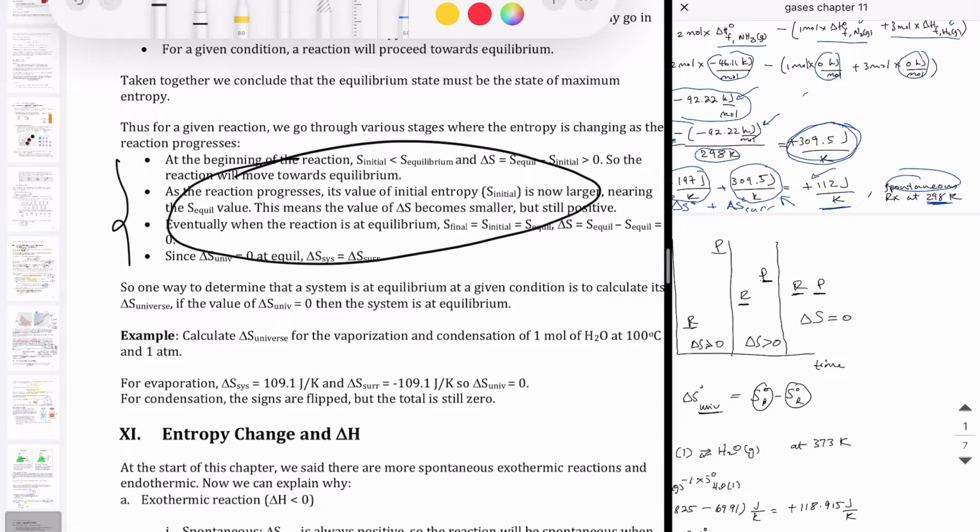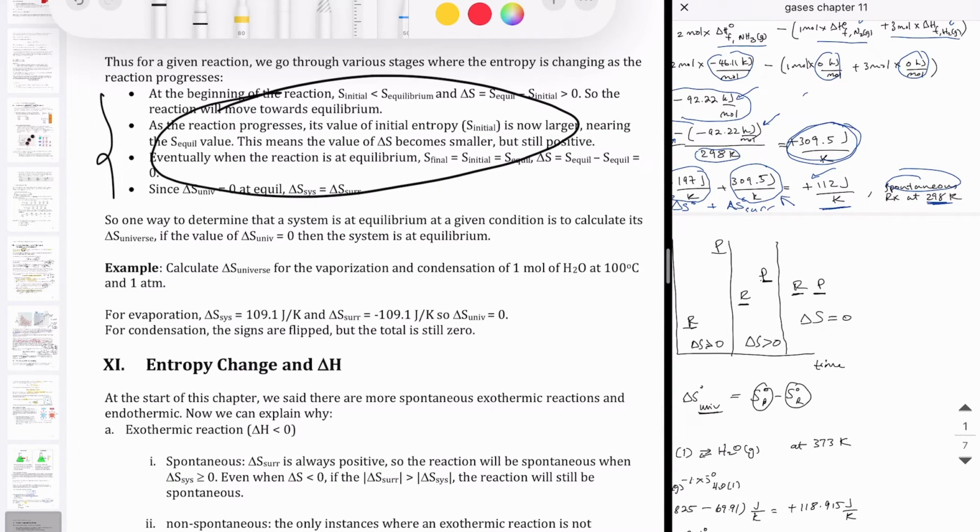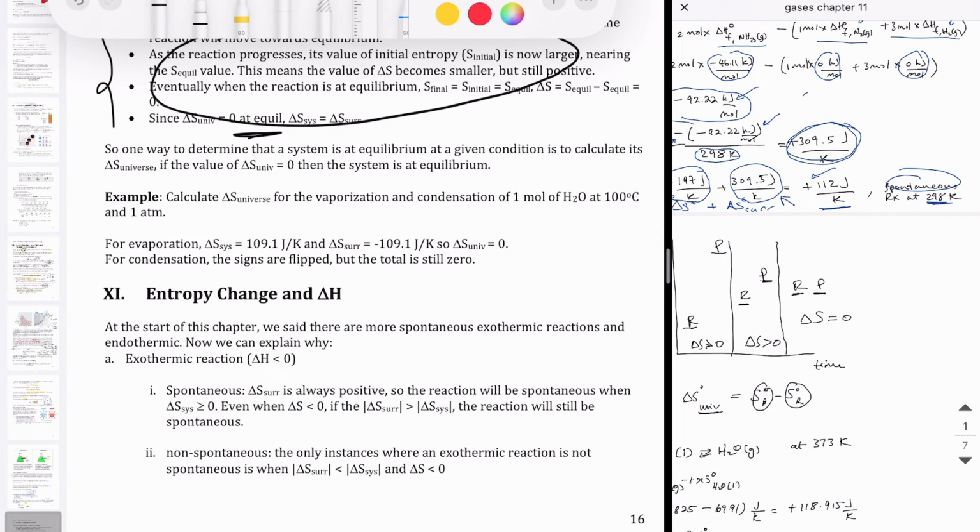And that's what I describe in this part of the notes here. One way you can tell that a reaction is at equilibrium is just by calculating its delta S. If you get a delta S of the universe equal to zero, then you know that your reaction at that point has reached equilibrium. And this becomes a useful thing to calculate, for example, if you want to know the temperature of a reaction when it's boiling or freezing, which are changes of state. Changes of state occur when two states are in equilibrium with each other. You can find those boiling points and freezing points by letting your delta S of the system equal the delta S of the surroundings. We know that at that point those two numbers are equal, because your delta S of the universe has to be zero, since it's an equilibrium condition.